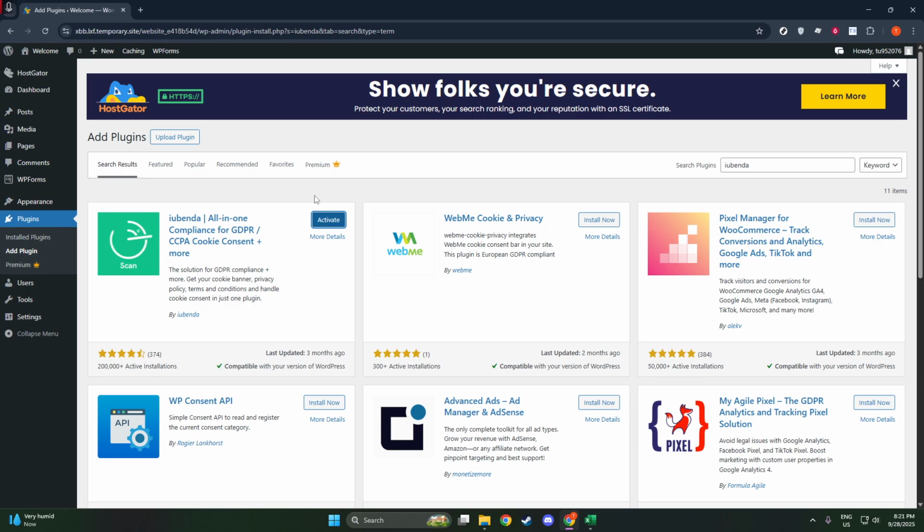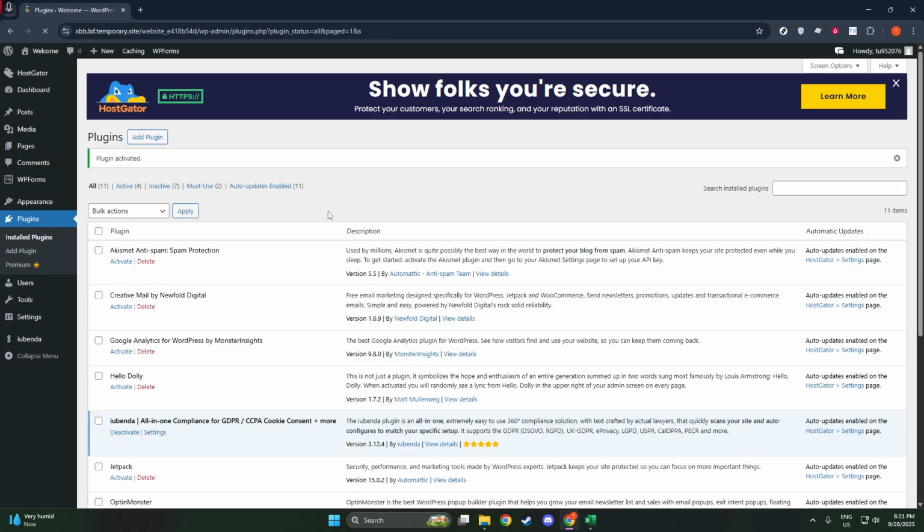Once you've found the correct plugin, you'll see an option to Install Now. Click on that button, and WordPress will handle the rest of the downloading process for you. This should only take a moment, so sit tight. After the installation is complete, the button will change to Activate. Go ahead and click Activate, because this is what will actually get the iubenda plugin up and running on your